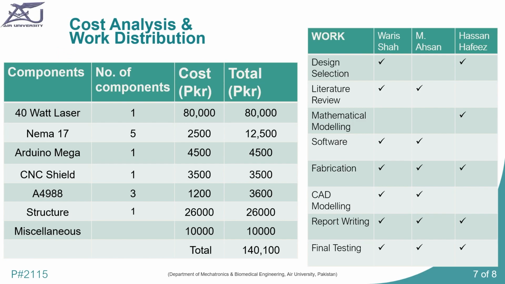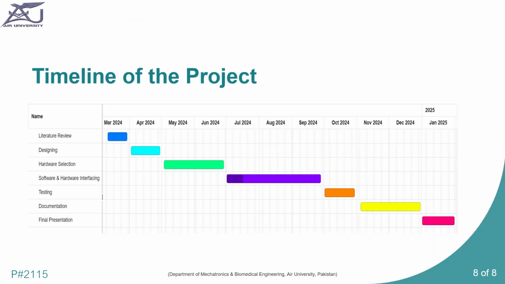Now let's focus on the cost analysis and work distribution. This is a general cost and the future that we have decided to work on. The general cost that we have decided to work on is 1,40,100 rupees. But this is an estimated cost. It can be more, and we have a budget of 2 lakh rupees. The timeline of the project, according to this